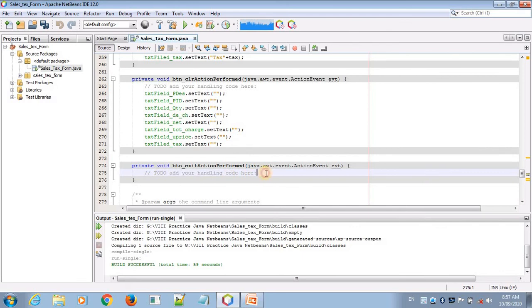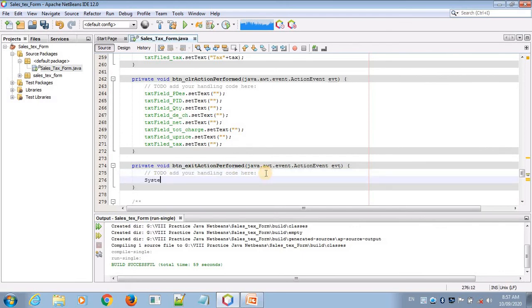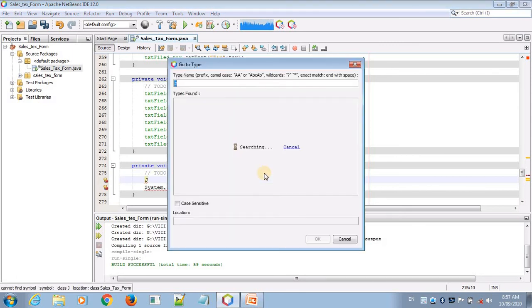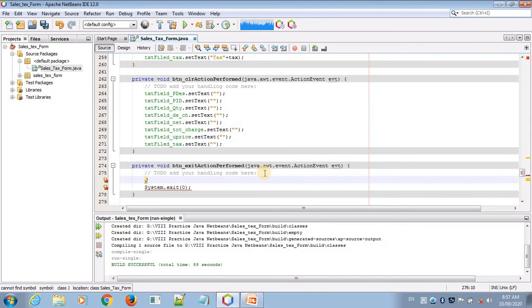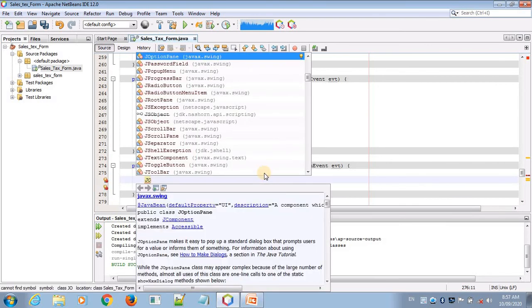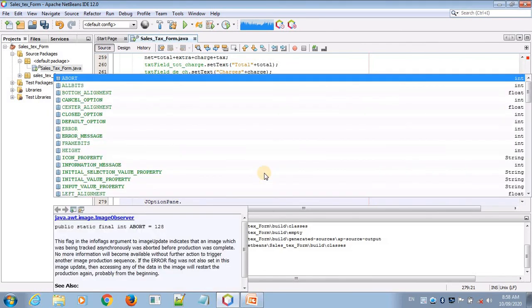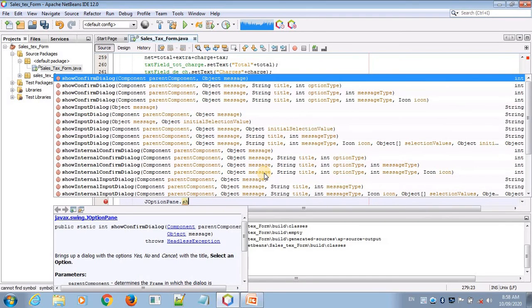So we can write simply the exit code, System.exit(0). If you want to add a JPanel form, so we have to write this code for the JPanel form. So you write JOptionPane dot showMessageDialog.